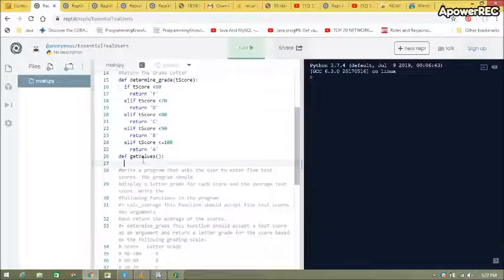So I'm using input, with the score variable as integer type, input, please enter score 1,